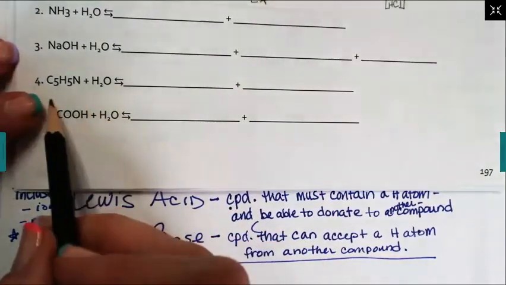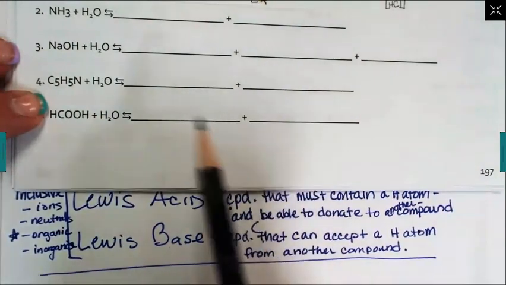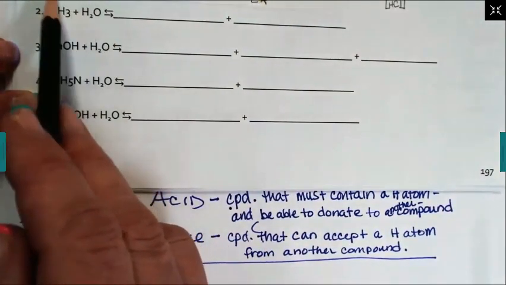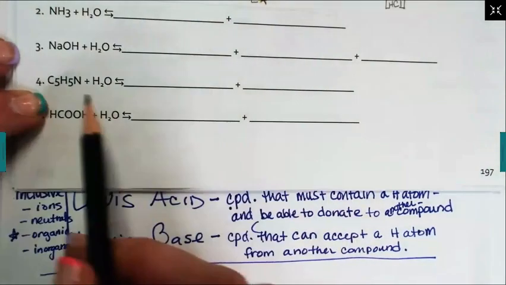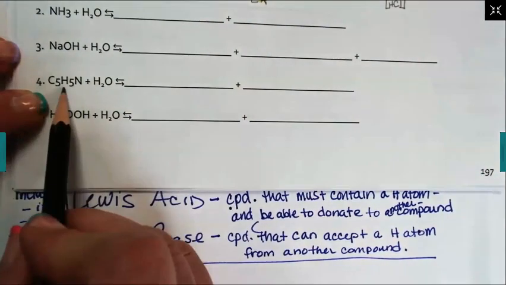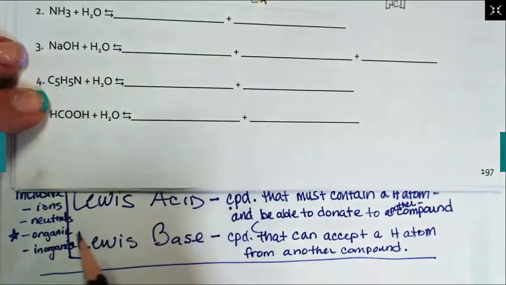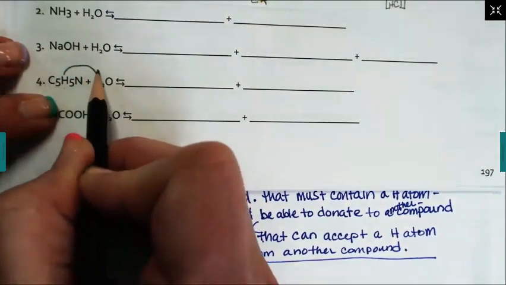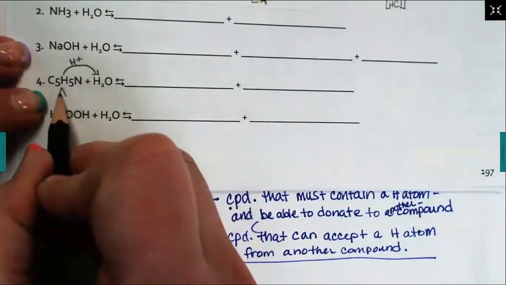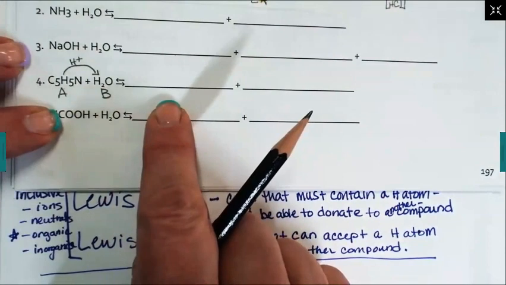So here it's a compound that has a hydrogen atom, right? So we're not at Arrhenius, which is up here in water. That would be an Arrhenius kind of guy. But this guy here would be more of a Lewis, right? Because it's organic and has a hydrogen. So this guy will donate a hydrogen ion. So this is the acid, this is the base. What are we going to get on this side?